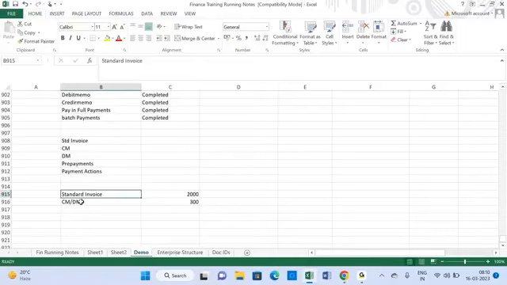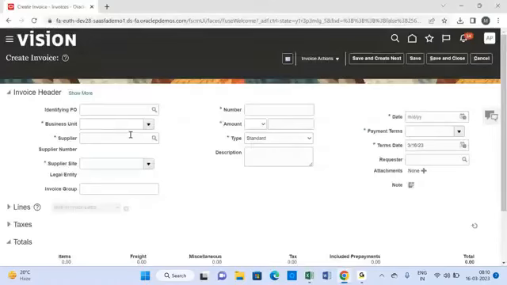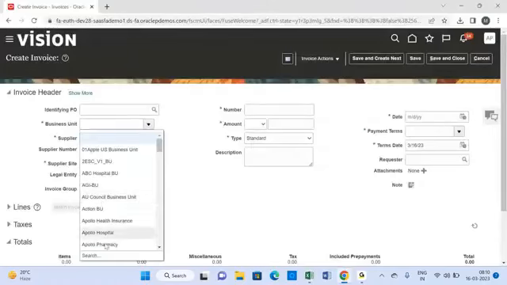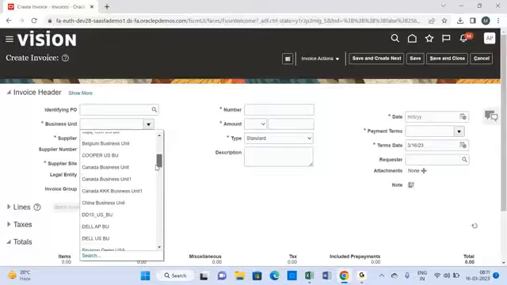So when you are making payments to the supplier, how does this impact show from the payment side? That we will see. First let me create a standard invoice with the same example we discussed in the Excel,